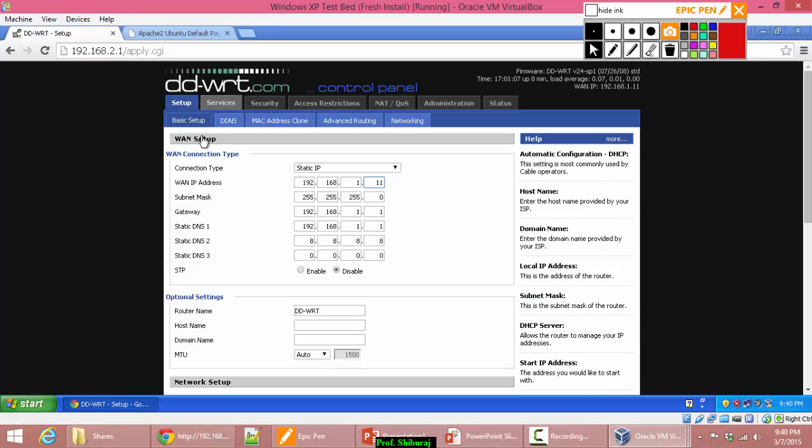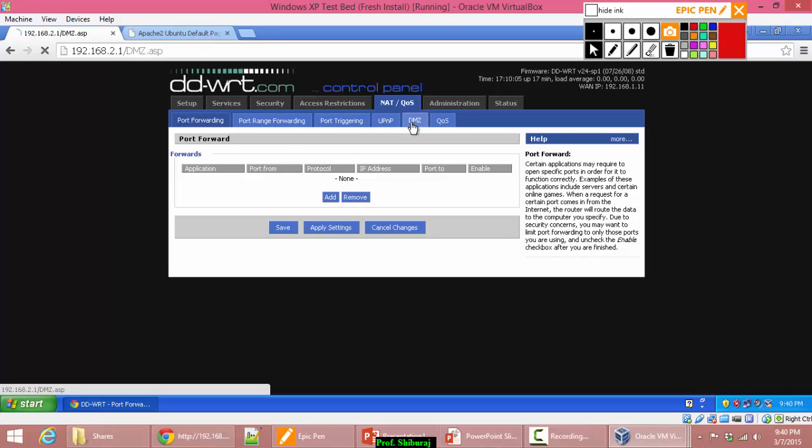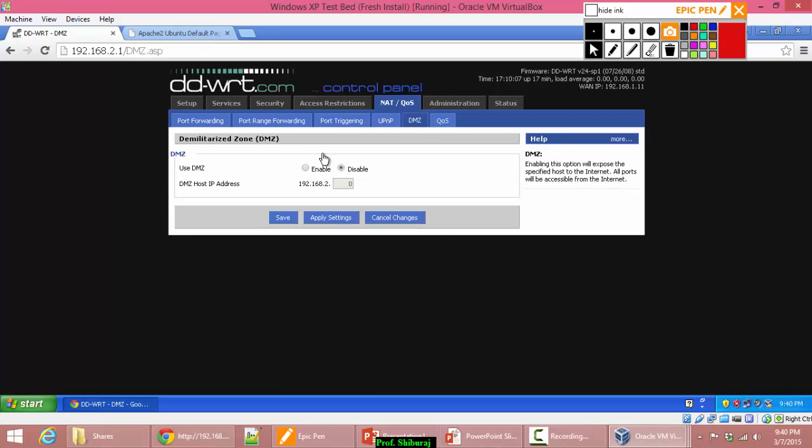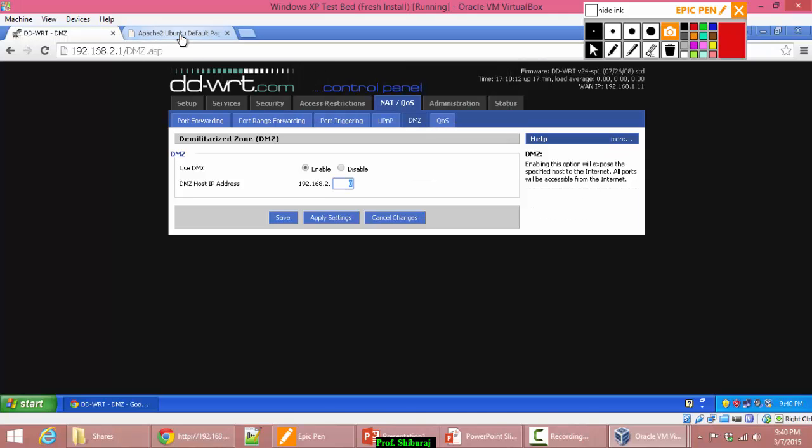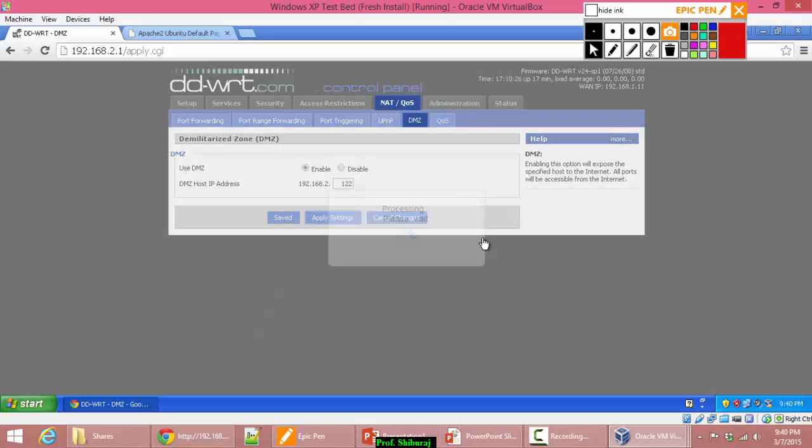In this, what you have to do is go to NAT and DMZ. Very simple, just enable the DMZ and give it the IP address of the computer. Now if you recall, our DMZ address is 122. Am I right? Yes, 122. So if I just click save and apply settings,